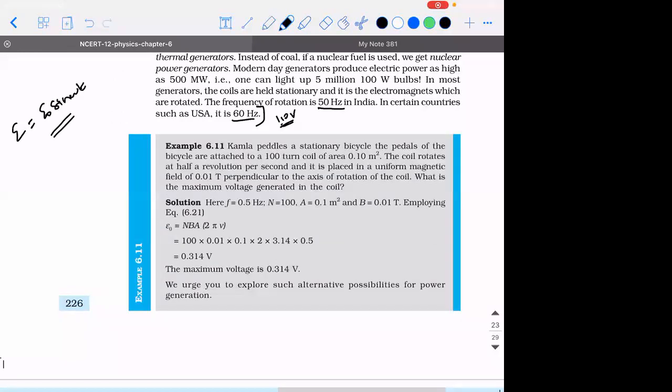The higher the frequency, the lower the voltage. That is what you're thinking. So there's not a linear equation, or an equation with an inversely proportional concept. See, it is not like y is equal to mx format or y is equal to constant by x. It is not like that. It is a sine function.